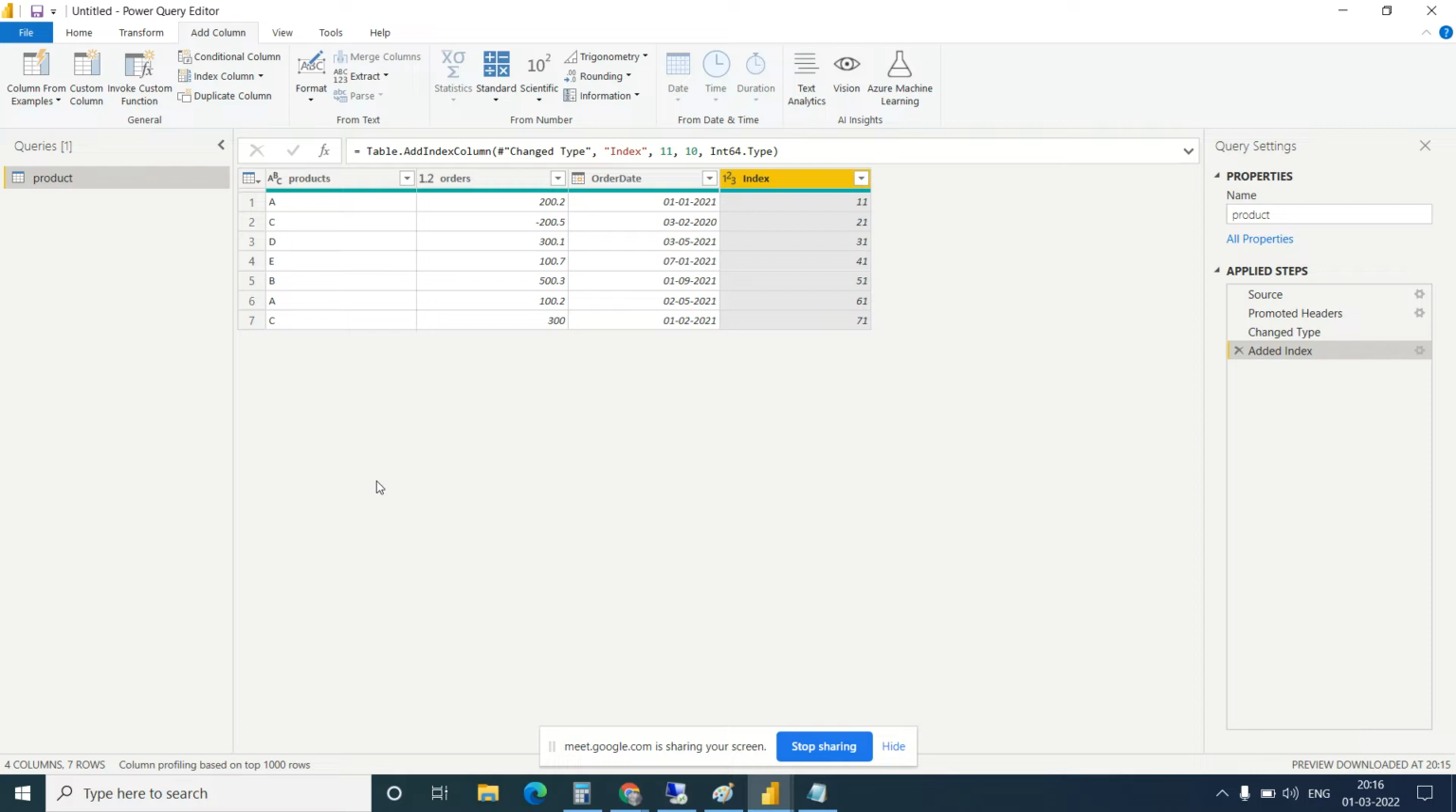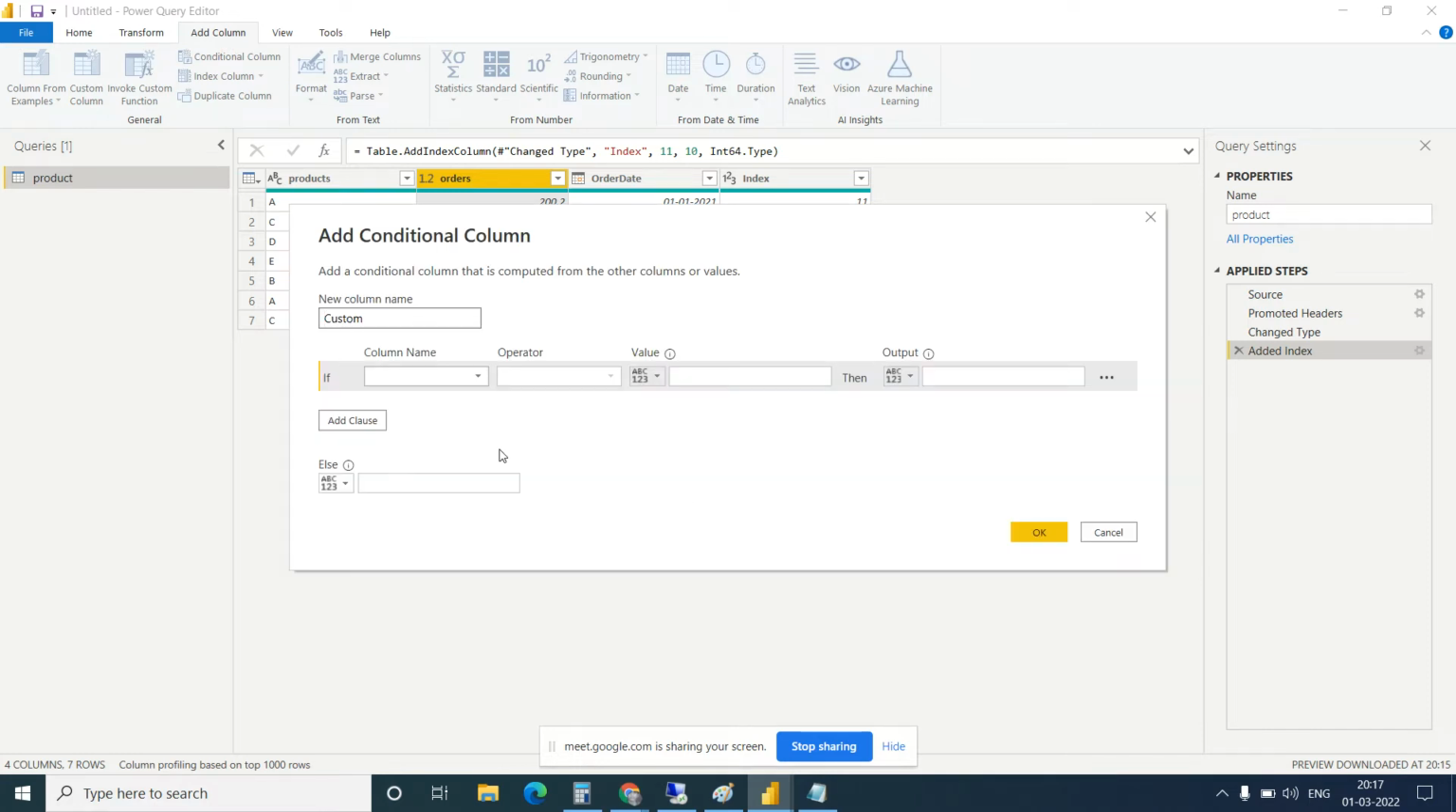Using conditional column, because we want to put the condition: if greater than 200, if less than 200, right? This kind of calculation. So how to create a conditional column? Just click on this. Click on the conditional column, add the column name,